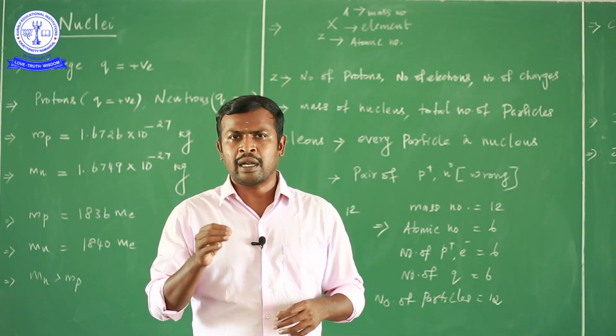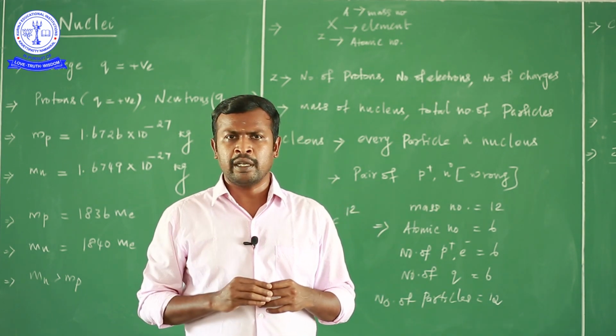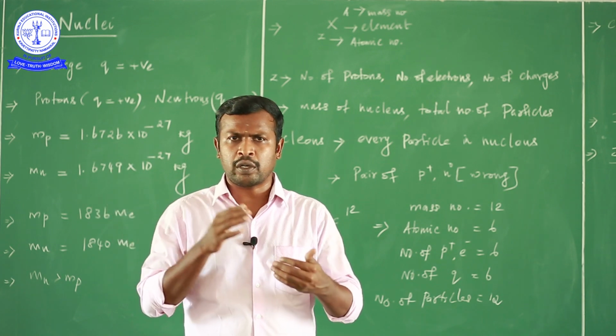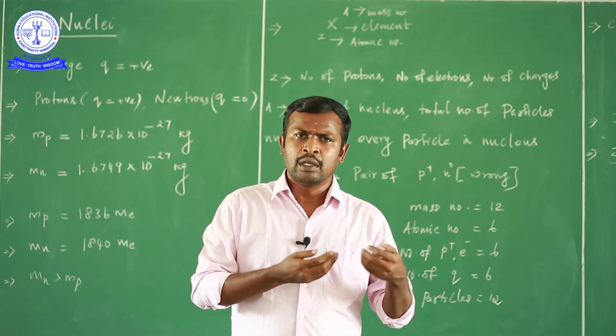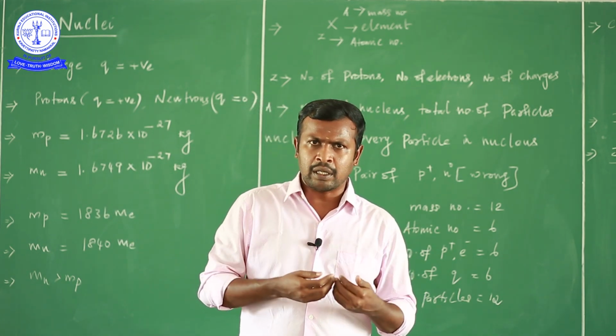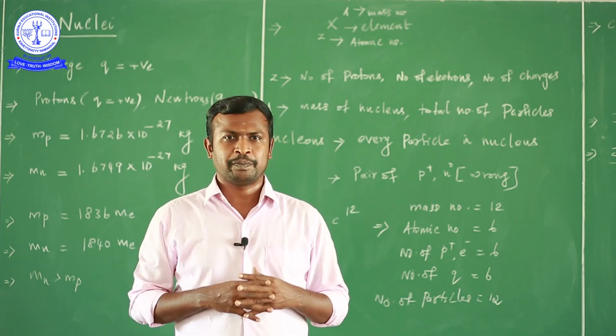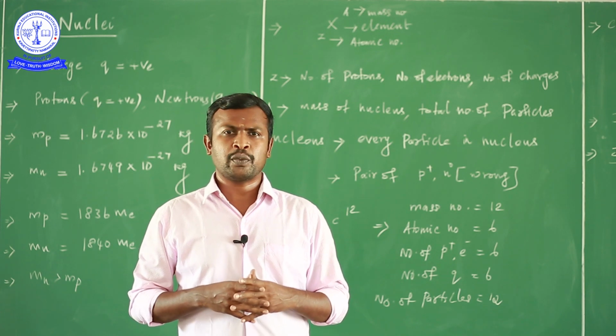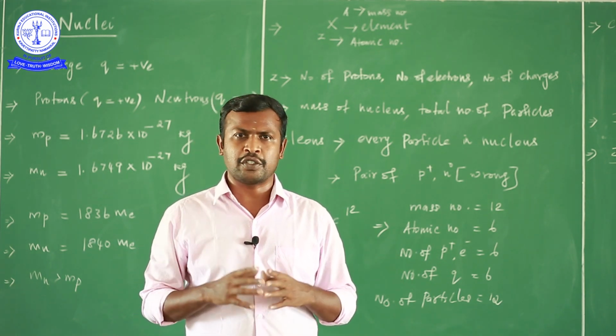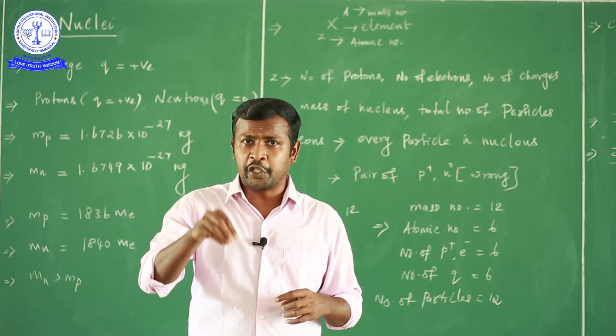Why? Because electron atom having the neutral charge. ஏன் அப்படினா எலக்ட்ரான் வந்து நெகட்டிவ் சார்ஜ், புரோட்டான் வந்து பாசிட்டிவ் சார்ஜ். ஒரு ஆட்டம்ல how many electrons we are having in the orbital which is equal to how many protons we are having in the nucleus. So both are same. So that's why the total charge of the atom is 0. But when we are consider the nucleus,